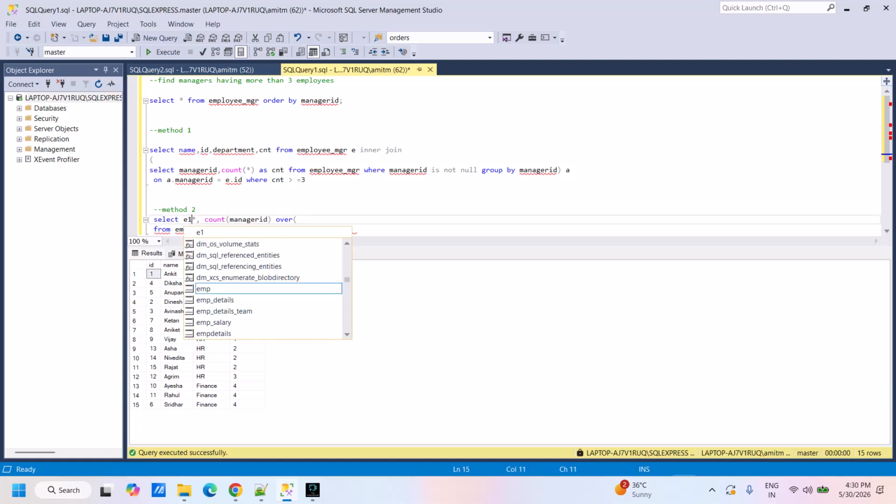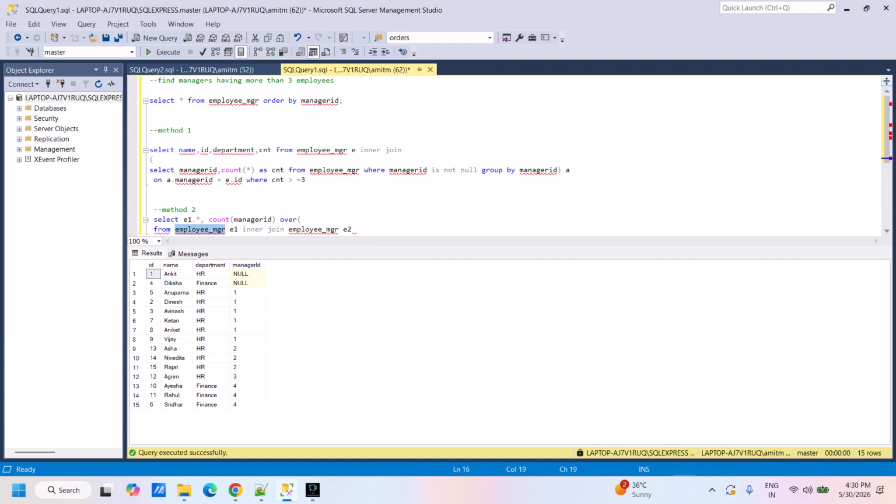So first I am checking E1 dot star, so I am taking all the details from this first table, and this manager ID I am counting on this second instance, and then over partition by E2 dot manager ID, order by E2 dot manager ID as count. So it is more or less like this,